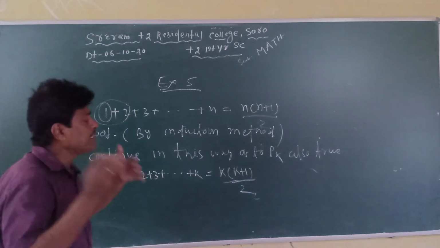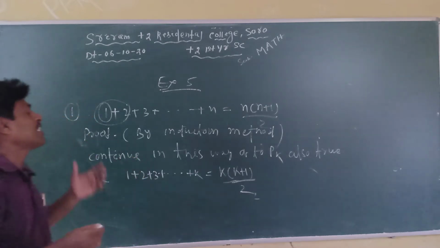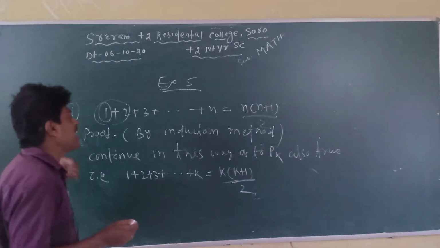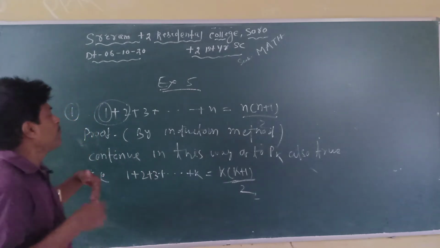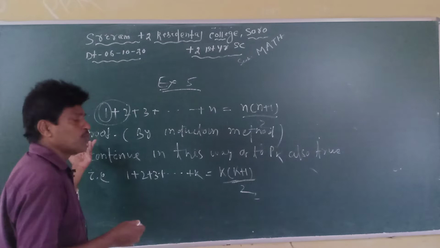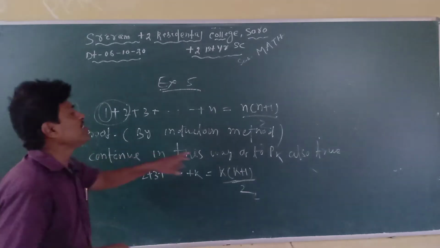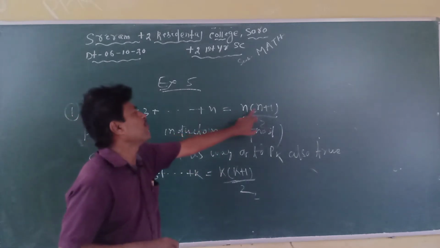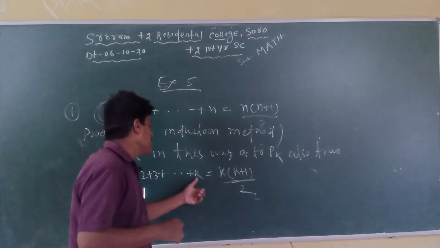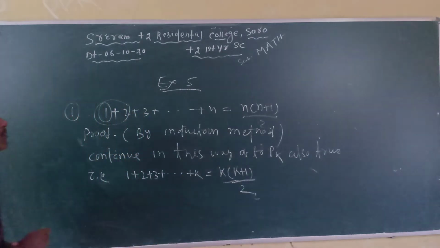You look, before starting the induction, I gave some hints about it: step 1, step 2, step 3. Step 1, put n equal to 1; we have to look that P1 is true. Put n equal to 2, step 2; we have also proved that P2 is also true. Now in step 3, we continue in this way up to Pk also true. Pk also true means 1 to k also obeys this formula: k whole into k plus 1 by 2, because here it is k. So Pk is equal to k whole into k plus 1 by 2.